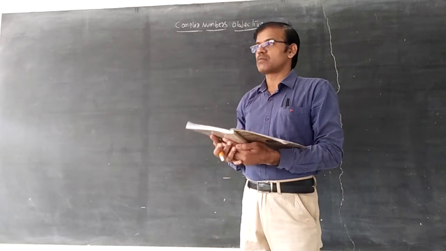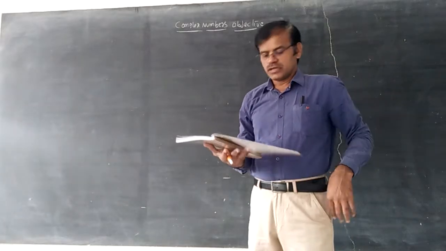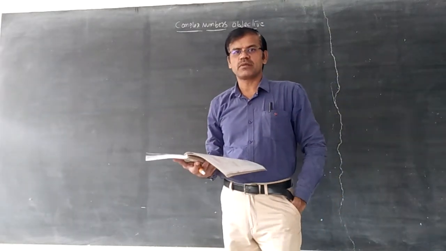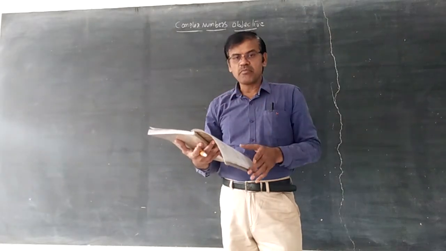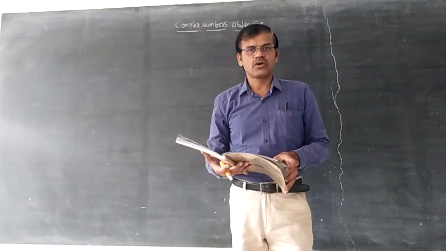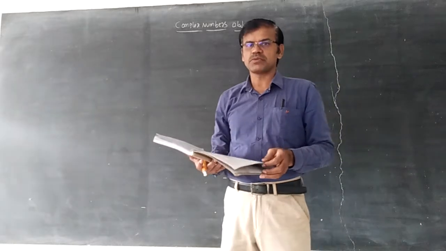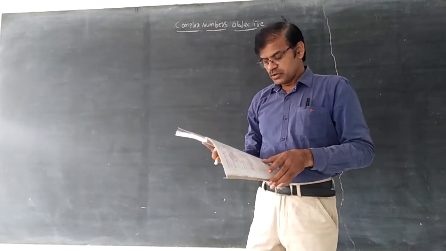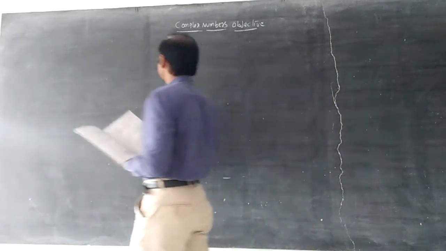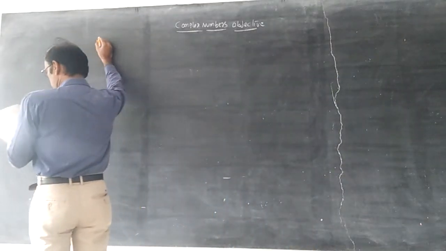In yesterday's class we were discussing the concept of ellipse and hyperbola depending upon the complex numbers z1 and z2. Comparatively, the locus PA plus PB equal to k is an ellipse, and PA minus PB equal to k is a hyperbola. Using this concept, let us do some examples.